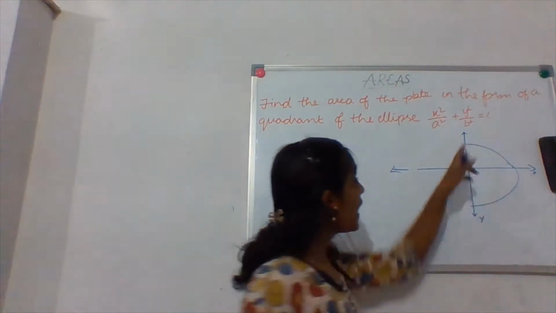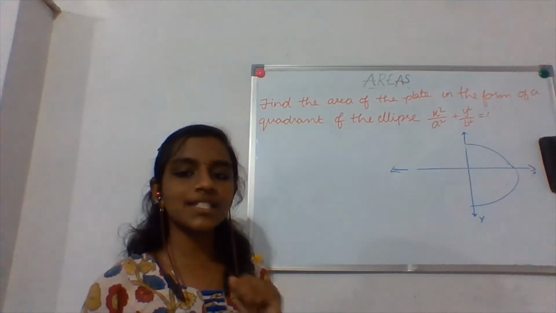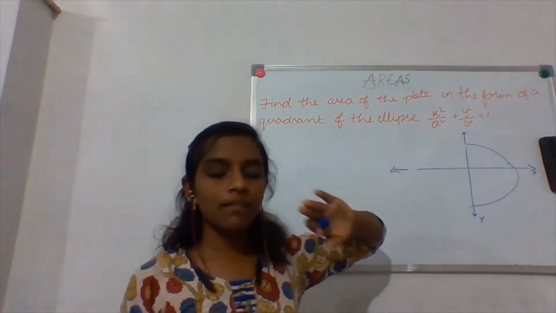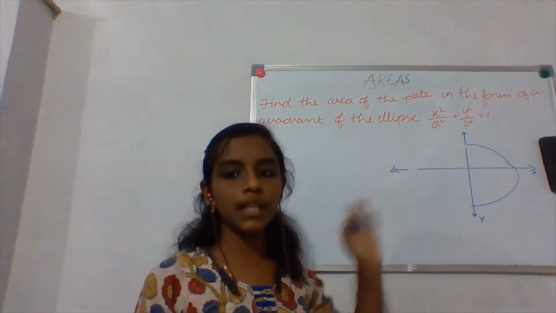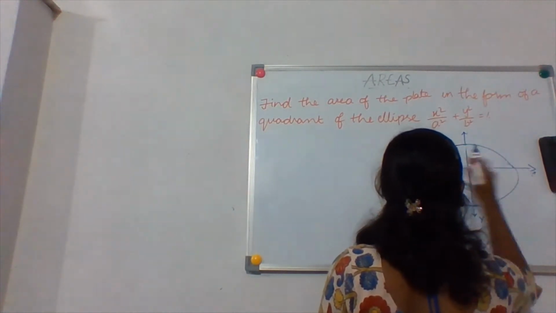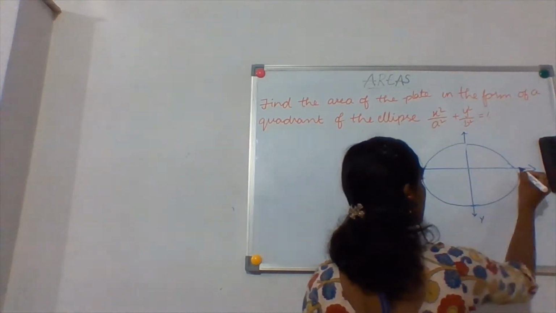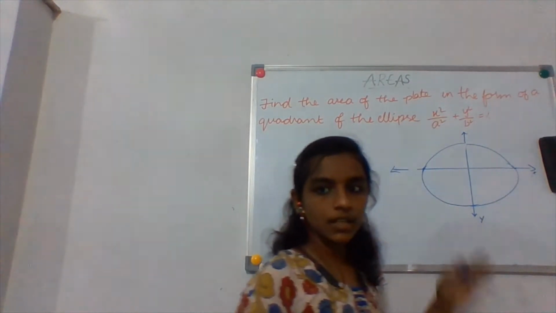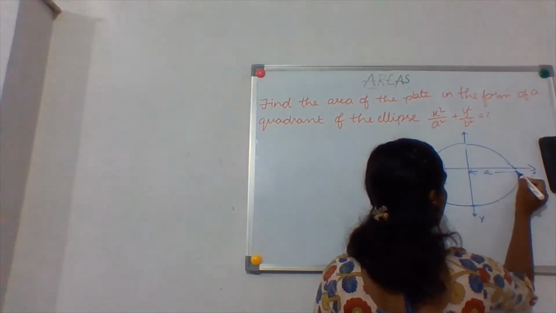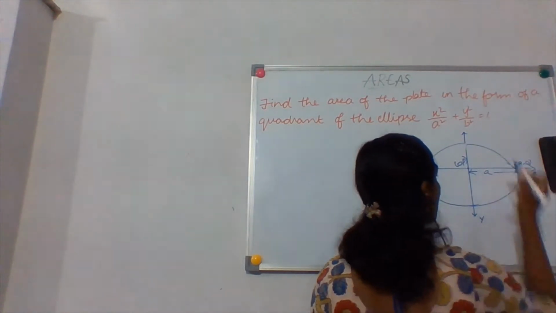Further, he has given you this equation, right? x square by a square plus y square by b square equals 1. You already know that that's the standard form of an ellipse. So 2a will be the major axis and 2b will be the minor axis. So you have to draw the ellipse in the same manner. Okay, so this is the ellipse. From here to here the total distance would be 2a, so this part would be a. So this is (0, 0) and this will be (a, 0), right?